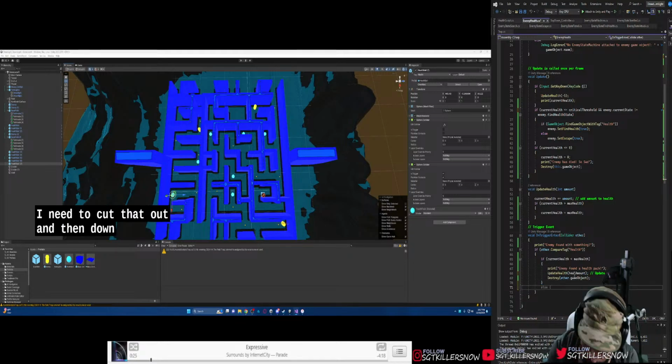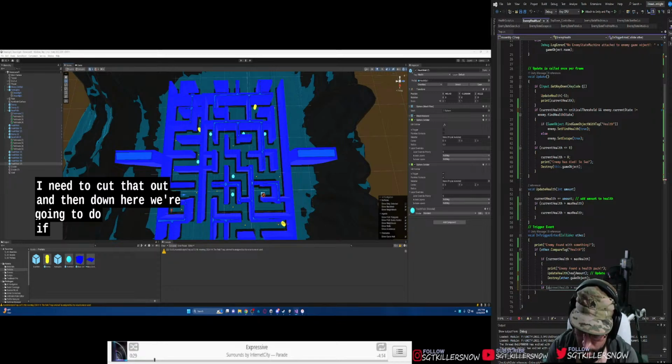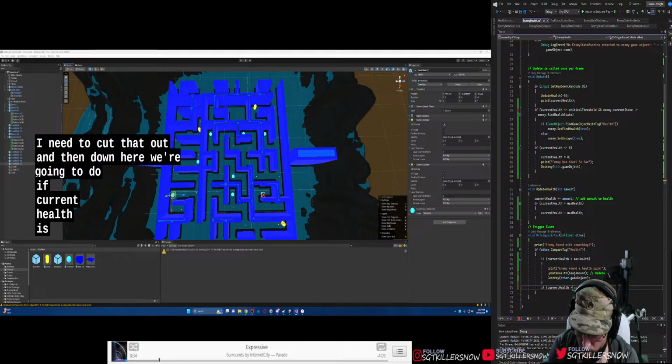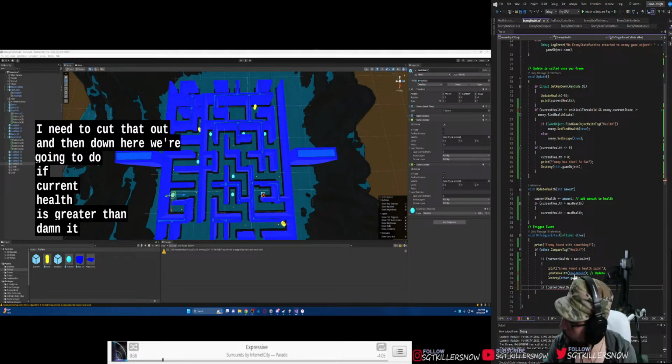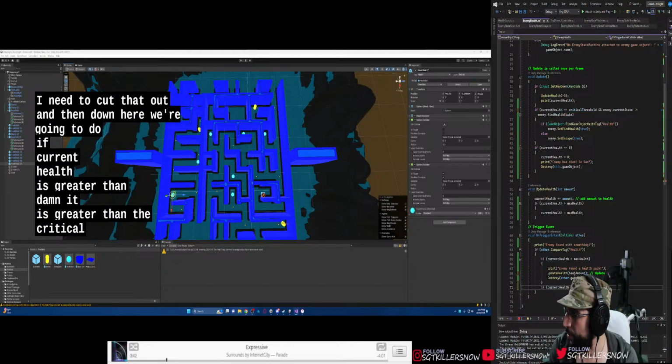And then down here, we're going to do if current health is greater than, damn it, is greater than the critical threshold,